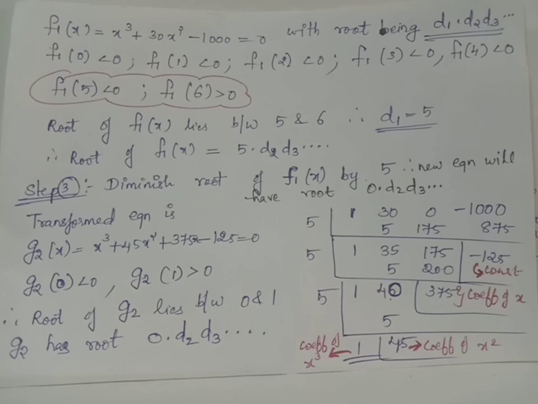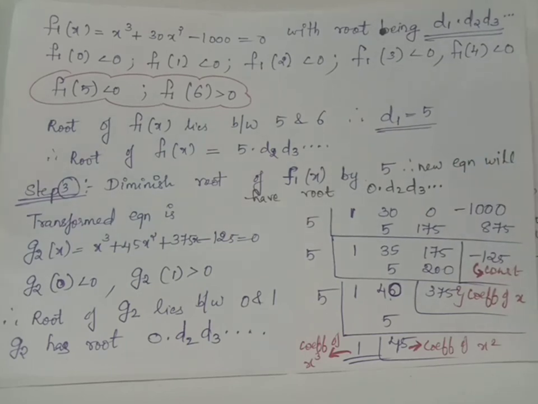Now we have to identify the values between which root of g2 of x will lie. We will use rule of Descartes. We will check for x1 and x2 values so that g2 of x will take opposite signs. We have for x equals 0, g2 of 0 is negative and for x equals 1, g2 of 1 is positive, which indicates that root of g2 lies in the interval 0, 1. Thus, the lower bound of the interval 0 will be considered as the integral part of root of g2. Therefore, g2 will have root of the format 0 point d2, d3, etc., which is already predicted here.